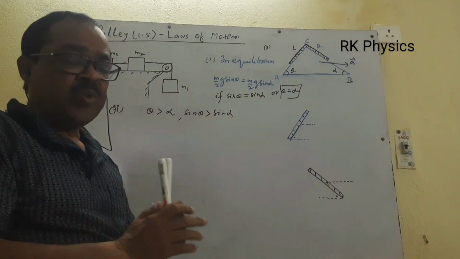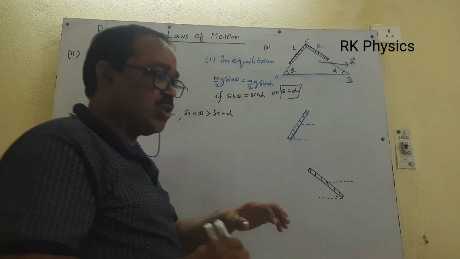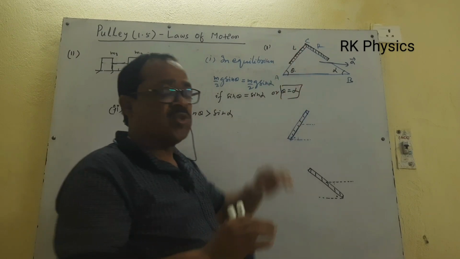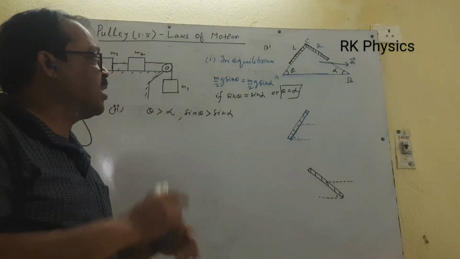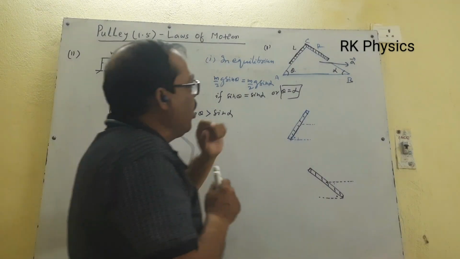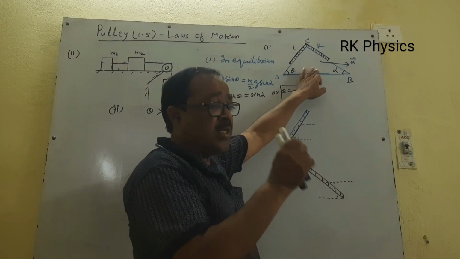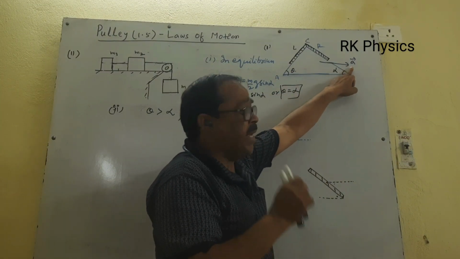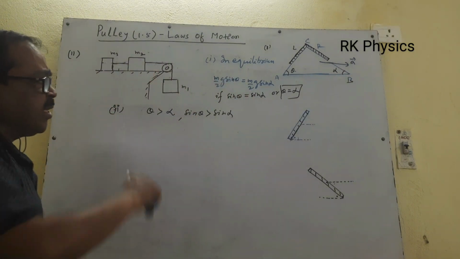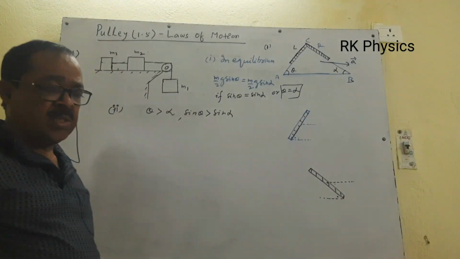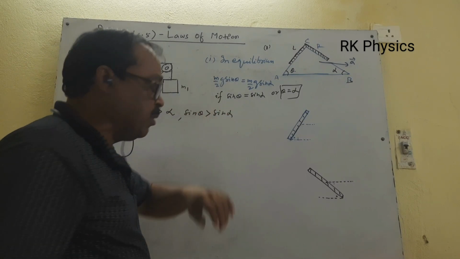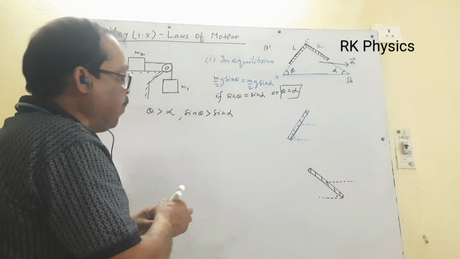Now the problem is what acceleration should be imparted to the wedge ACB so that the system is in equilibrium. That means ABC should remain in equilibrium as it is. So the external acceleration magnitude is equal to the internal acceleration, that means the acceleration acting on ACB due to the chain. The magnitude is the same, the direction is opposite.